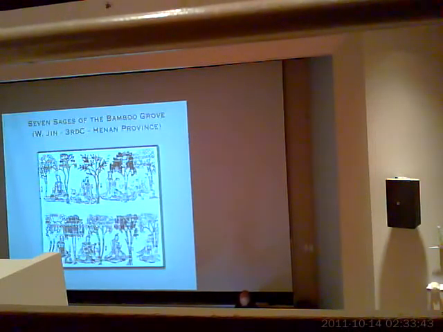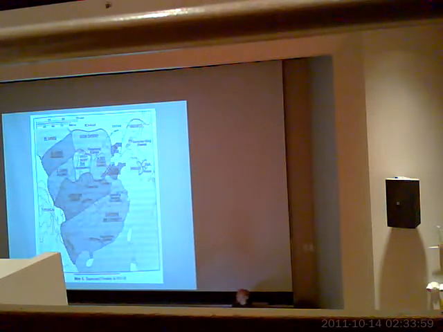So what was happening politically, though, is North China was breaking apart, and there was a succession of, I think someone counted up, 21 different kingdoms and dynasties in the north part of China, from 304 to 439. I'm not going to go through all of those, but here's a map that shows some of them. So after the downfall of the Han Dynasty, it breaks up into three kingdoms, and those three kingdoms are never able to fully claim all of the previous territory of China, and they too start breaking up.